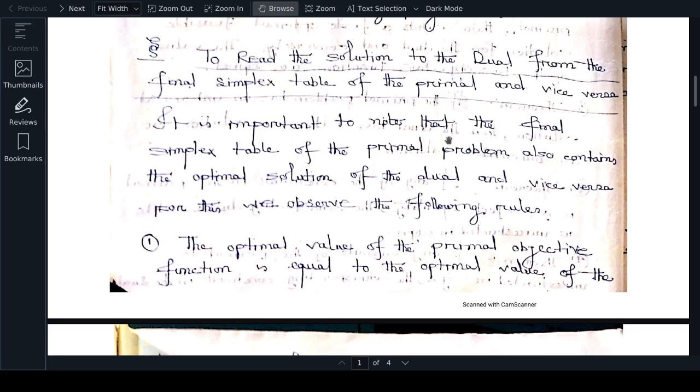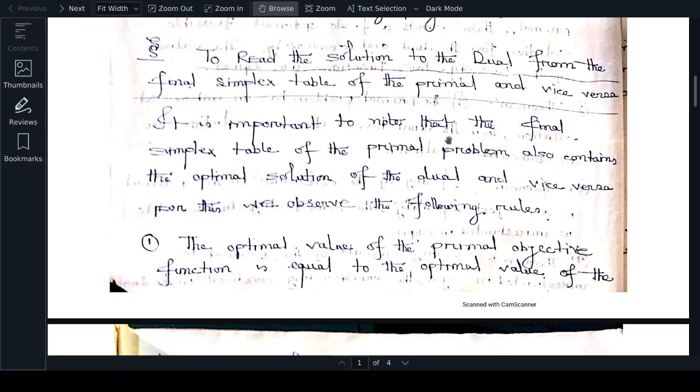Okay, so actually when we convert one primal problem to a dual problem, then solving it gives us the solution of the dual. So the original problem is primal. After conversion, this gives us the dual. And when we solve it, then this gives us the solution of the dual. But we need the solution of the primal. Then what is the procedure? So this is the procedure, how to read the solution to the dual from the final simplex table of the